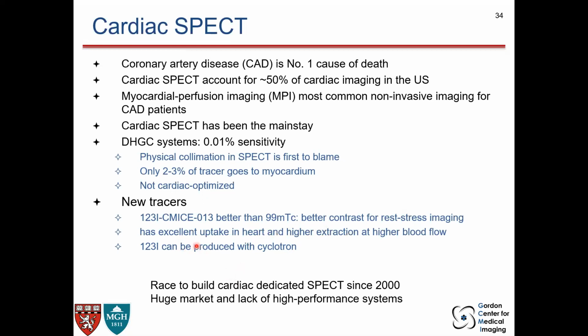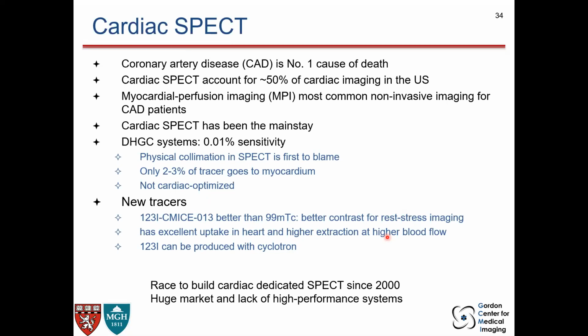Some of these new tracers actually have better uptake in the heart and higher extraction at higher blood flow. And because of these reasons, because of this past history of gamma cameras and poor sensitivity and poor performance